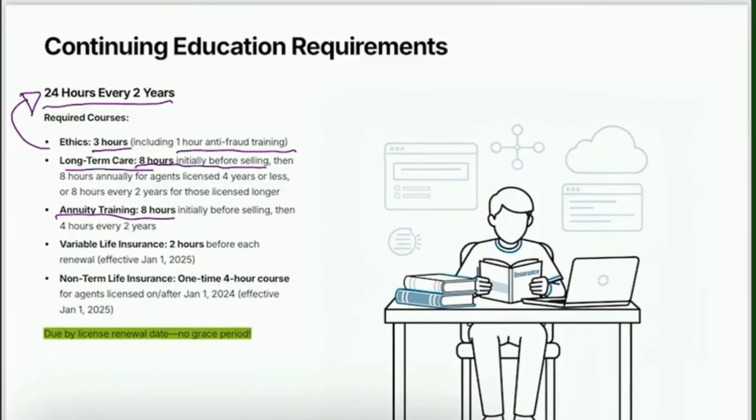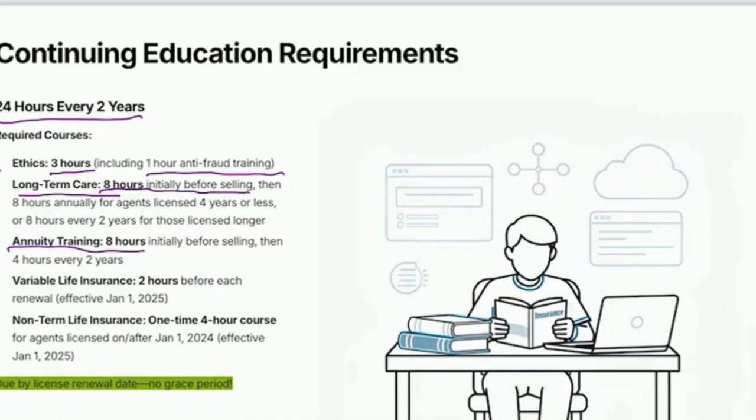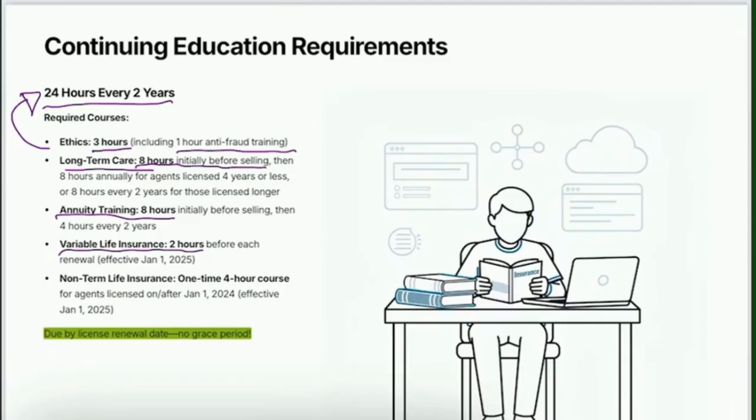When I got licensed in California, I worked for Allstate, and I had reciprocity, and I was able to just transfer my licenses from Arizona at that time. However, we didn't have these additional requirements in the state of Arizona. So when I got my licenses switched over to California, I had to sit through an 8-hour long-term care class, an annuity training class, and a variable life insurance class. I was in classes for 2.5 days, but Allstate set it up for me. They helped me with it. So it's going to depend on where you go.